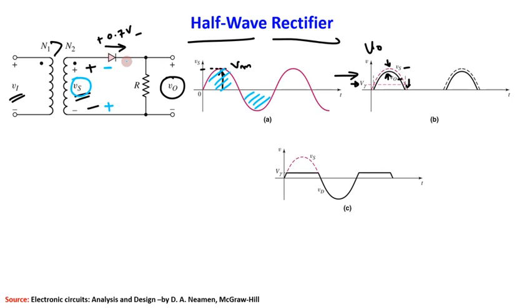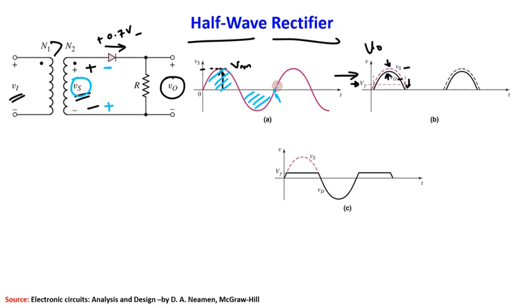So what will be the current flowing through this? 0. If the current is 0, what is this V naught? V naught is nothing but current into this resistance, right? V equals IR. So the voltage drop across this R, or this V output, will also become 0. So you can see after that here it is 0, 0, 0, 0, 0, right? Now this is a sinusoidal signal, right? After a certain amount of time it has to again start rising. Now think about this point, this 0 point.